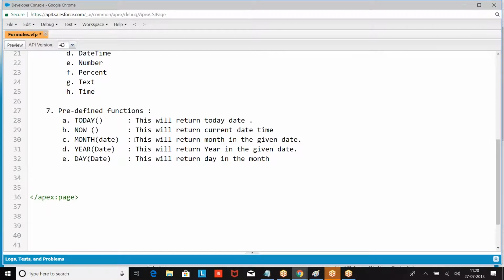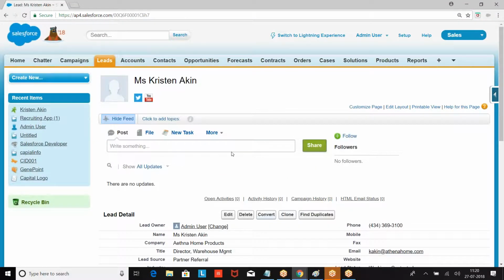Now we have date value. If I give date and time, it will give you date. This will return date from the date and time. Similarly, we have some more advanced functionalities on getting the hour of the date, getting the minutes, getting the seconds. This type of data we can get. So how to create this?